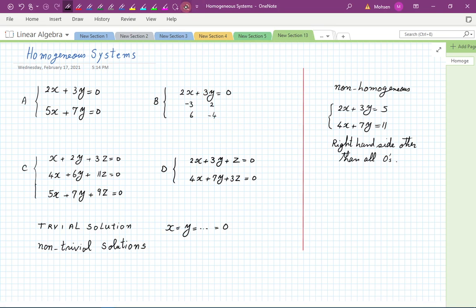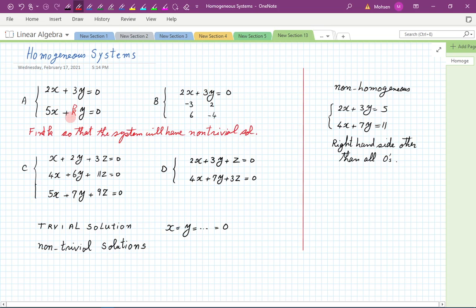Toward the end of the semester, we come across a very interesting problem. Suppose I erase this and then I replace it by some parameter. I say find k, so that I will have some non-trivial solution. How do you find it? So here's a question. Find the parameter k so that the system will have non-trivial solutions. What do you think we should do here? So maybe go and think about that for a second, or maybe 2 seconds, and then